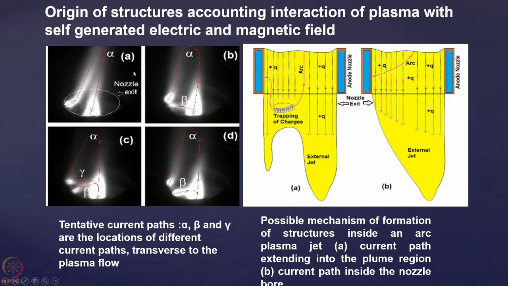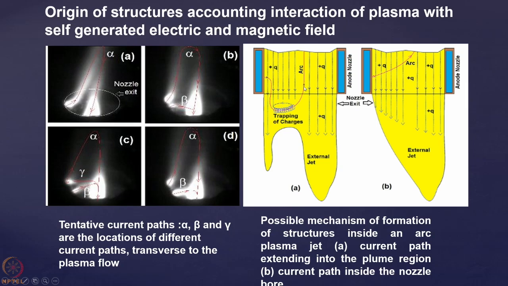So you see that there are different kinds of connections. I can say that this is a beta connection, this is an alpha connection, just for naming, and this is a gamma connection, where you are getting two arc routes over here, and another current path through the alpha mode actually. So these are different kinds of modes. Now you see why we are seeing these structures.